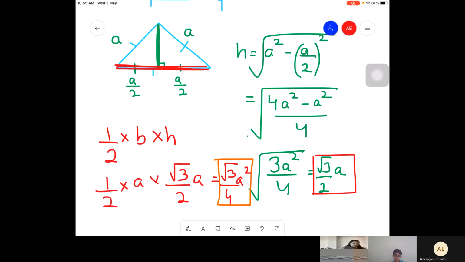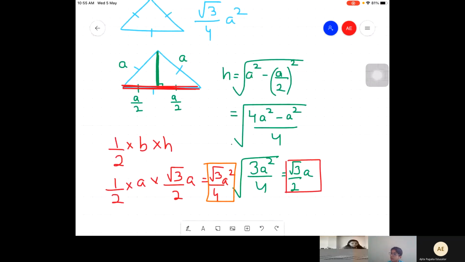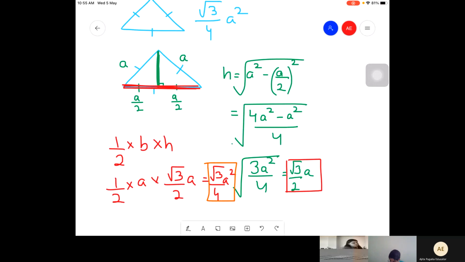If you want, you can copy this down in your notebook. Write down equilateral triangle as the heading. But Heron's formula and the original formula apply to all triangles. This one only applies to equilateral, it is the other version of half into base into height. Since in an equilateral triangle all the sides are equal, that's a plus point for us. Otherwise, if you do it by Heron's formula also, you'll get the same answer. Root 3 over 4 a squared.